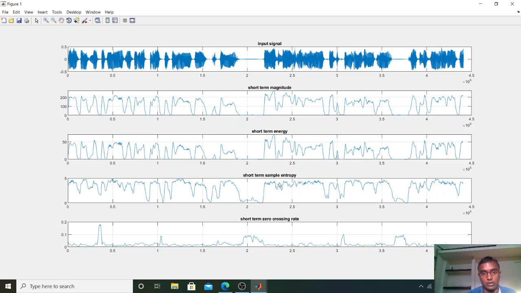And sample entropy: wherever the randomness is more, we will get more entropy. Here you can see that some values are less and some values are very large, so these are varying. This is a more random thing, with no particular mathematical equation, so the entropy will be more. Zero crossing rate: wherever noise comes, the number of zero crossings will be more. Here you can see the number of zero crossings, and here too, these are all greater.